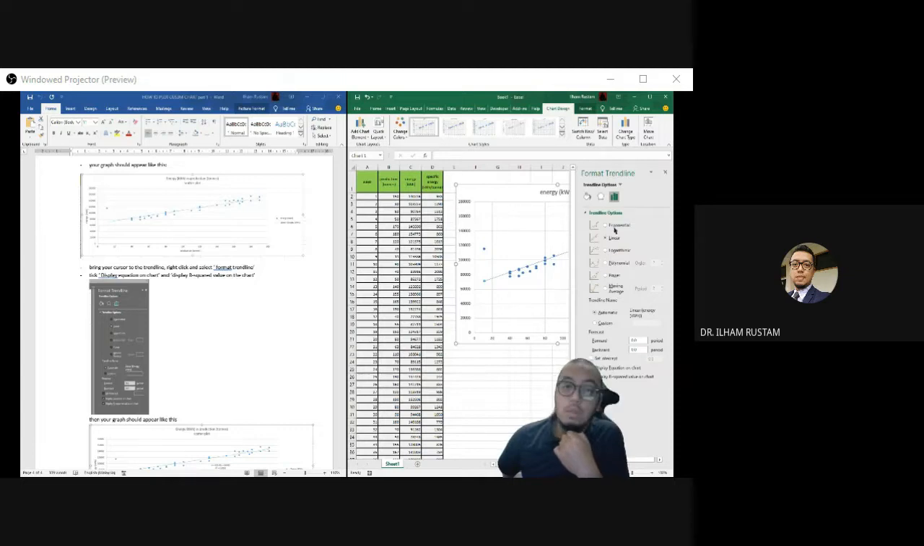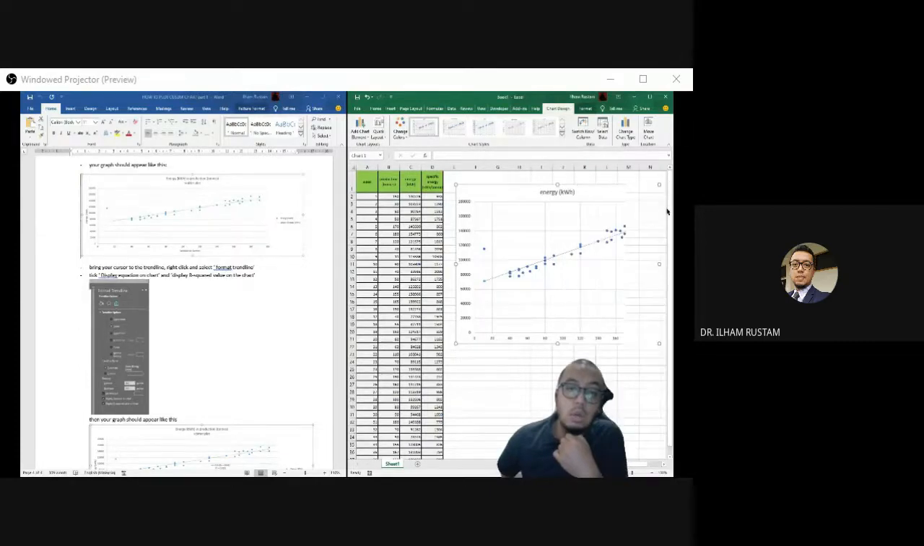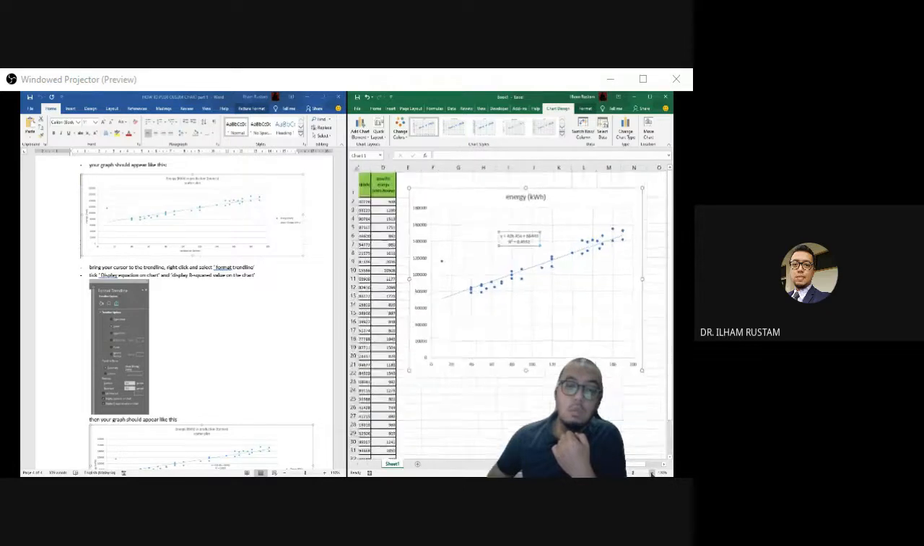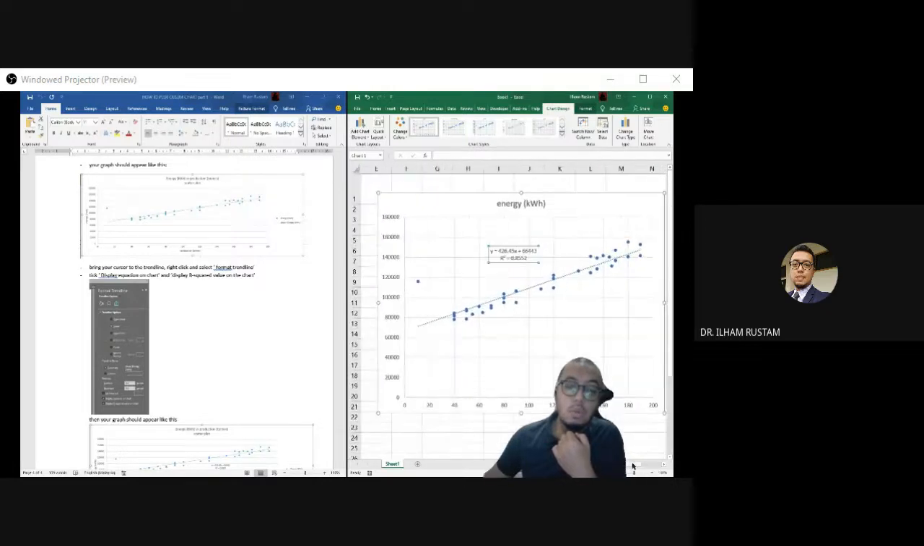I hope everything is being shown here. And then make sure to click display equation and also display R squared value on chart. Once you tick that, you can close the format trend line and you'll be able to see the equation that you're going to use for your proposal later on for your mini project, which is y equals to